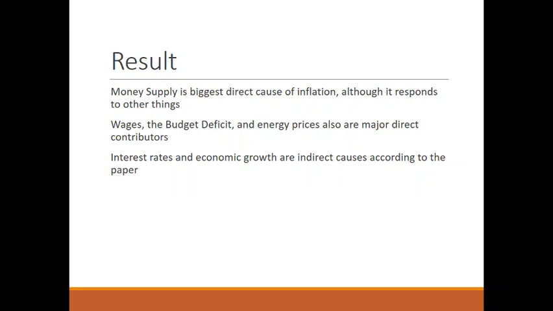So that's at least one academic data-based endeavor to figure out what causes inflation. Partly, CPI is a number that moves the world because it has direct implications on interest rates. If you think about why does your mortgage have the rate it does, a big part of that is not just inflation, but inflation expectations. And so understanding the causes of inflation feed directly into inflation and then feed directly into interest rates. So that's where we're going next. So in the next video, we're going to take a look at how interest rates and how they connect up with all of this discussion on inflation and the CPI.